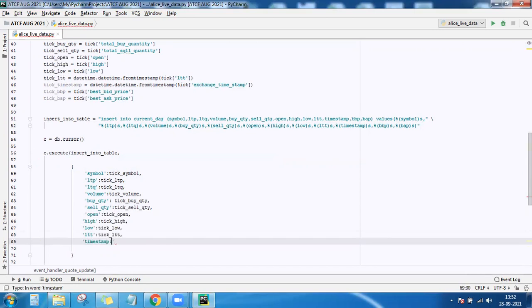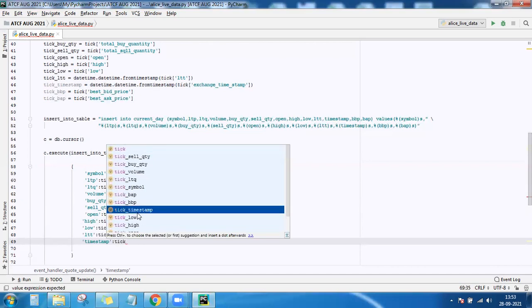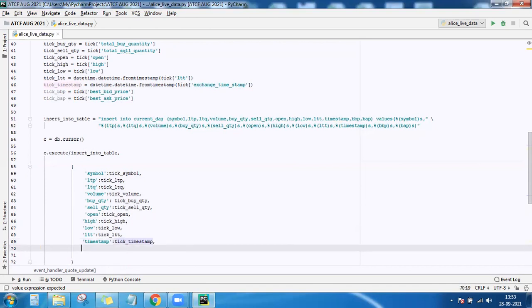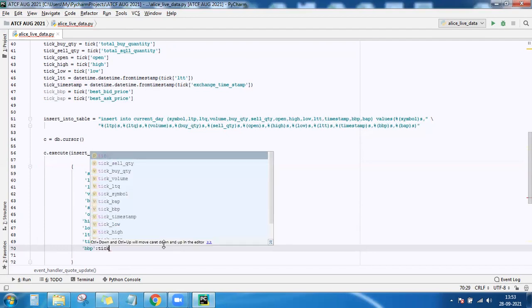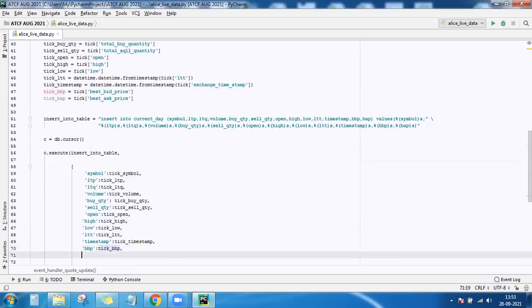The timestamp. The best bidding price. So these are the values that we want to store, and these will now be substituted in all this.